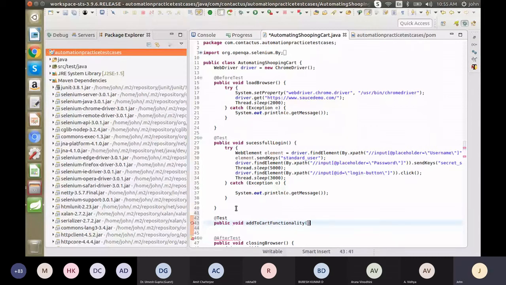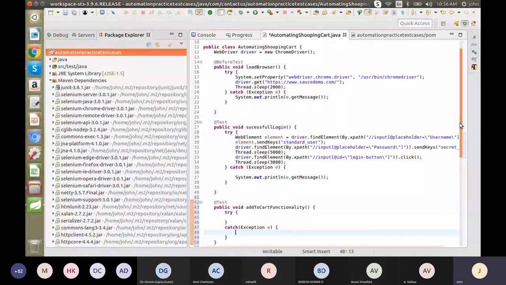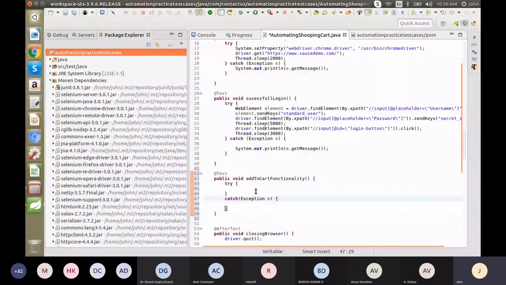So then get the method. So you have to write our scripts. Okay, you have to open the try block. You have to catch the exception. So inside that, what you have to do?